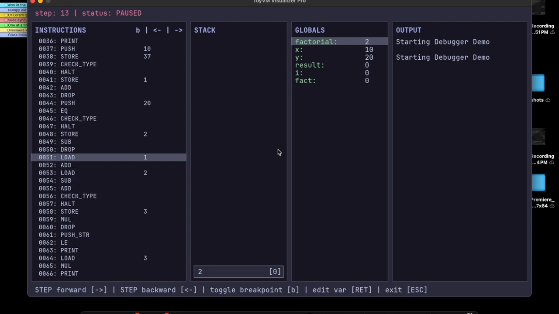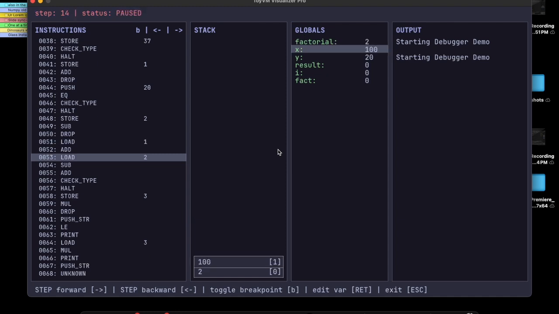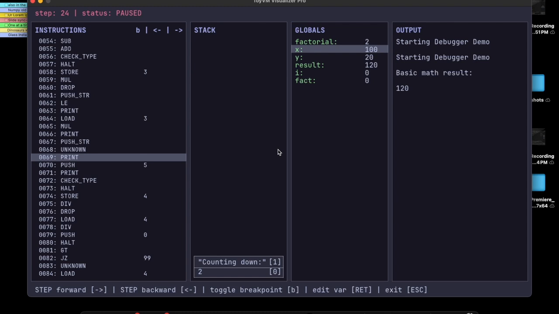See, the next step is to load the value of x. I can go around and change the value to 100, and then you can see that the new value of x equal to 100 is loaded into the stack. Now the sum is 120. So this shows that you can, on the fly, change the global variables and test different parameters, and also reverse the program. This is an interesting feature not in other languages, and the output also changes accordingly, and it repeats if you repeat the code.